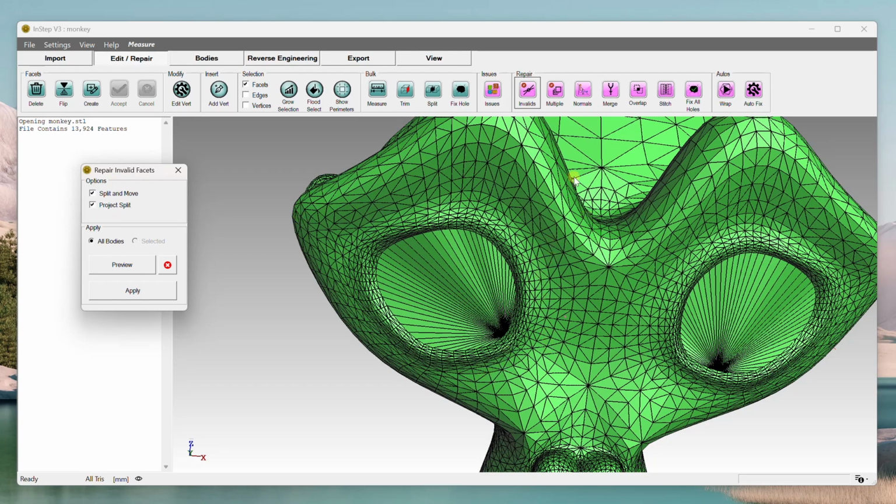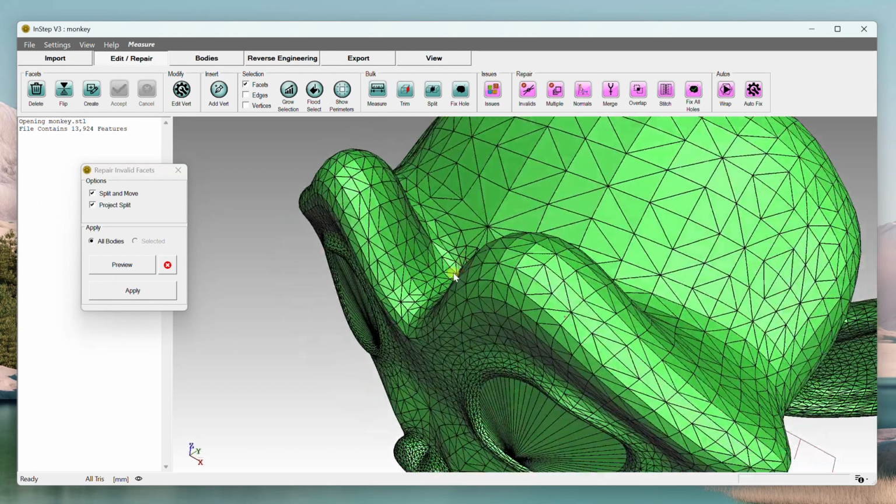So if we had a facet defined through 3 points, but the 3 points are not the same, we want to maintain that additional vertex, and that means the neighboring facets need to be split at that location. That would be the project split. Split and move is similar, but it provides a motion of that point, so the vertex itself will not be the same anymore. We could go in and do a preview and then an apply, just like the other